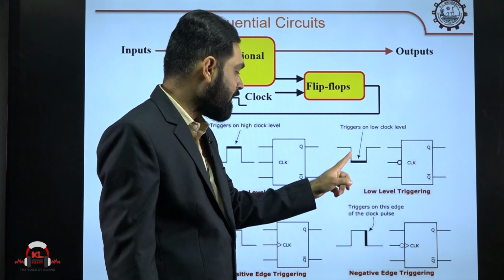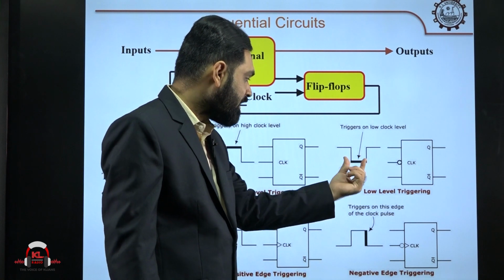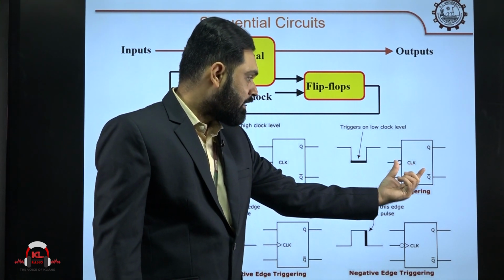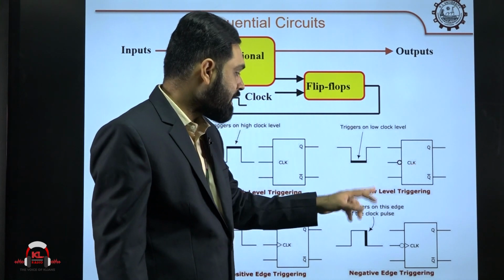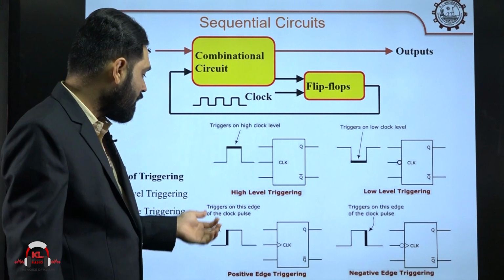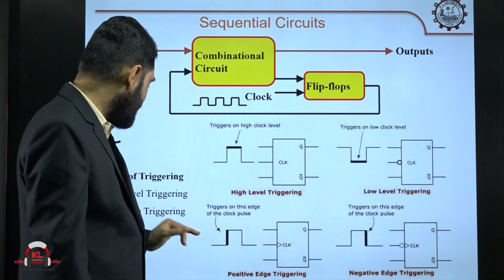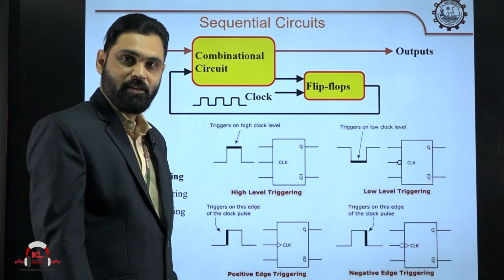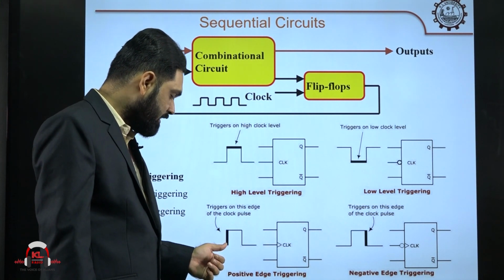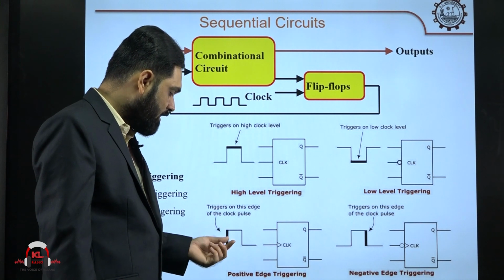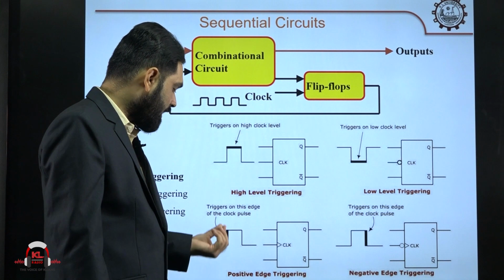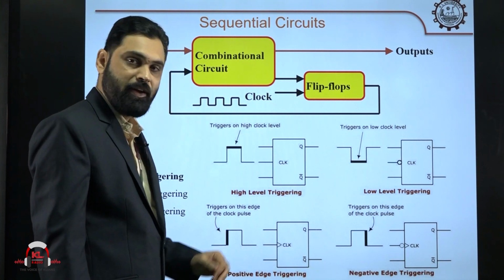In low level triggering, whenever the signal is at low level, in this period if this device is going to get the triggering, then we call this low level triggering or negative triggering. And on the other hand, we have edge triggering. We have two types of edge triggering methods. One edge triggering method is positive edge triggering. Whenever the signal is moving from 0 to 1, in that time period, if this device is getting the clock, that type of triggering we call positive edge triggering.